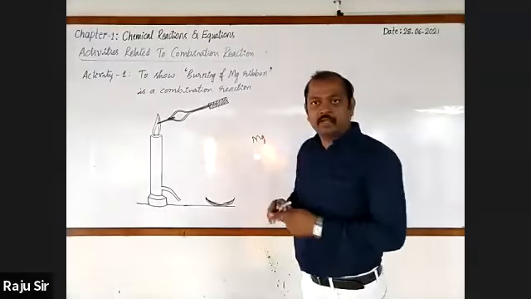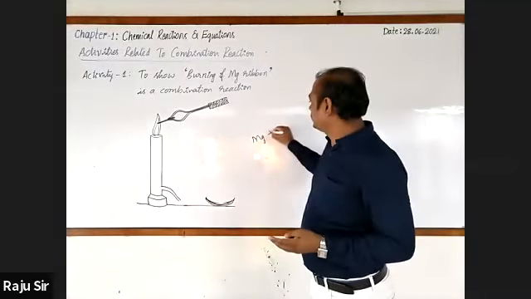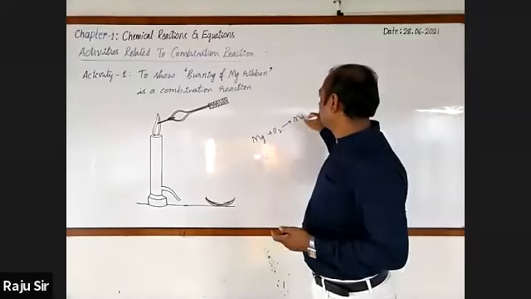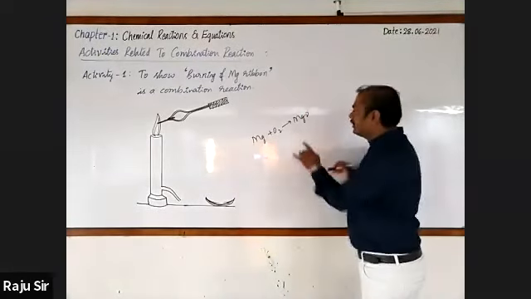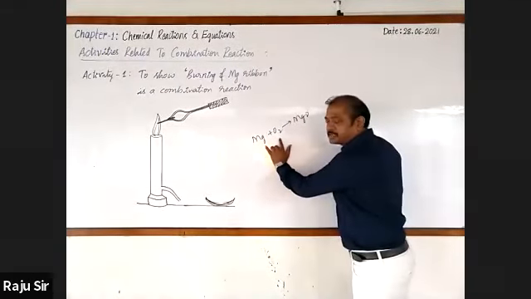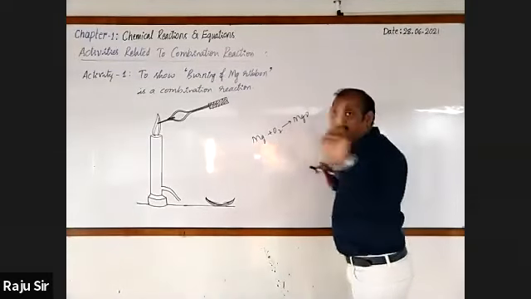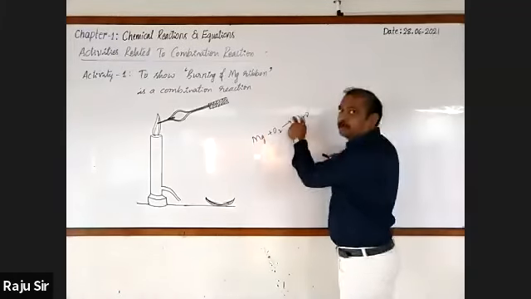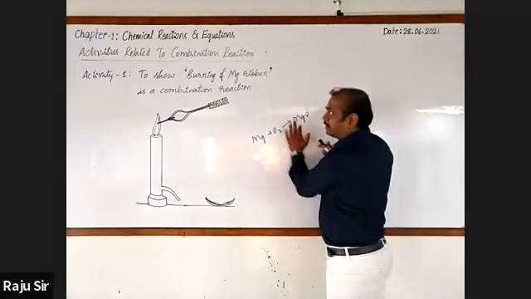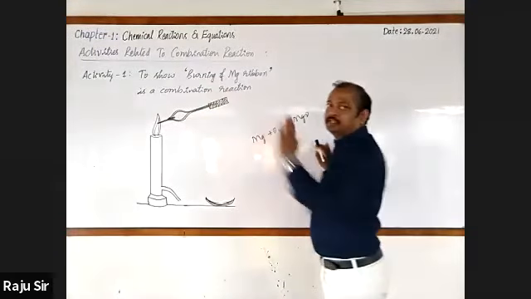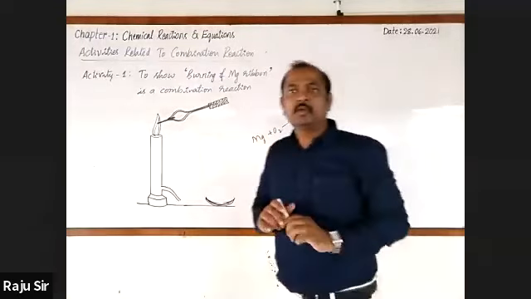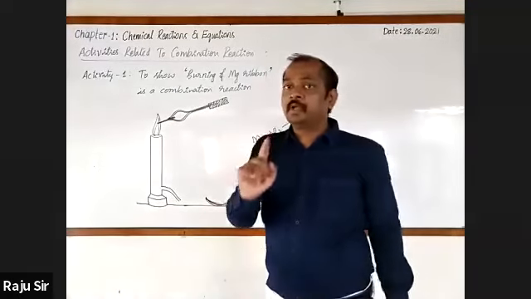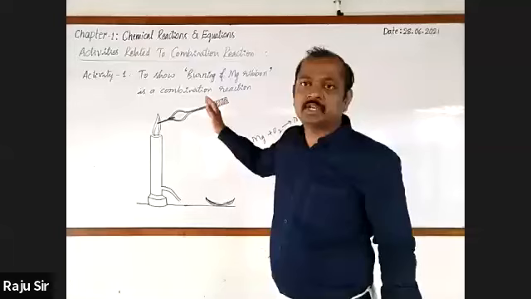Magnesium ribbon on burning reacts with oxygen to produce magnesium oxide. Here, how many substances are there on the reactant side? Two, sir. Right. As a result of the chemical reaction, how many products are obtained? One. That means these two combine chemically to form a single product. That is why it is a combination reaction. Understood? Even this was asked in the examination as well.